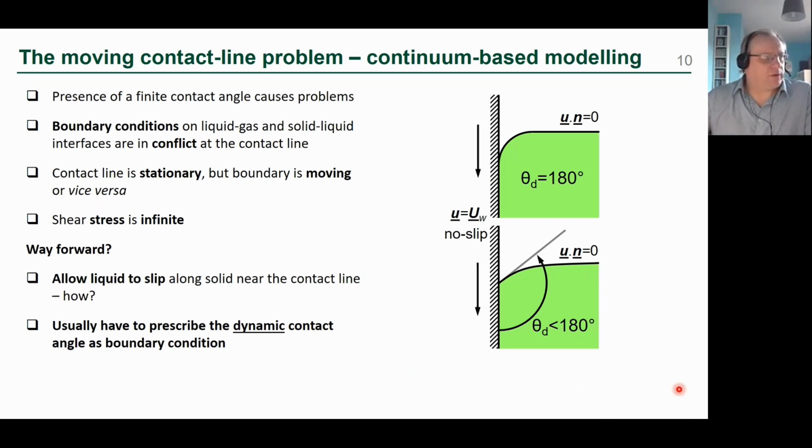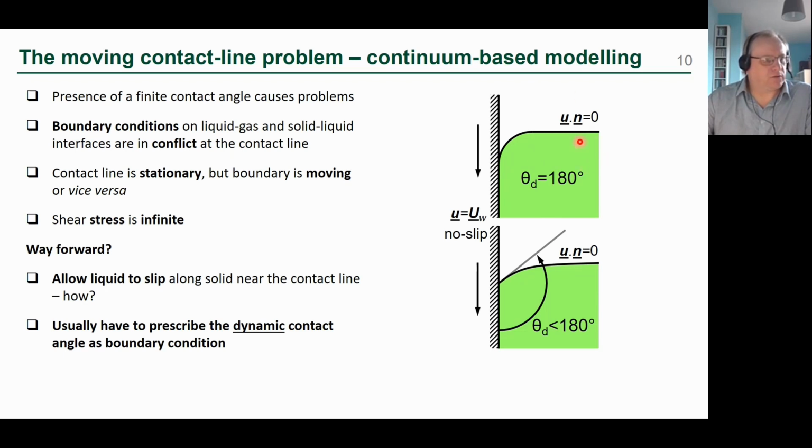So let's say a little bit more about the moving contact line problem then. This is a bit easier to comprehend if we look at the situation where we've got a moving substrate going into a bath of liquid. But we could equally think of this as being a stationary solid and a droplet that's spreading over the solid. But if we look at it this way round for now, if we've got a contact angle of 180 degrees, we don't really have a problem here, because